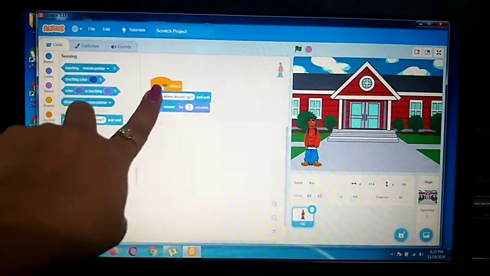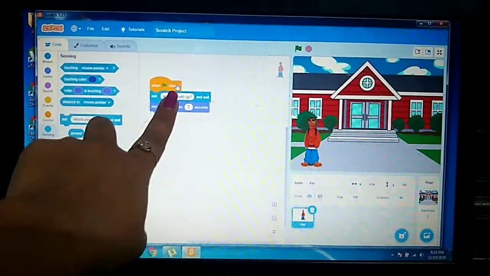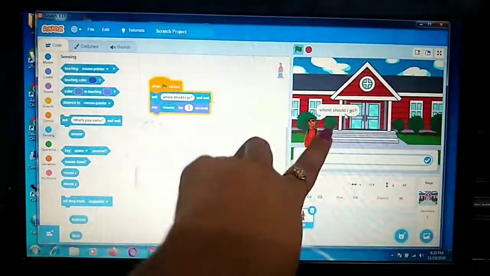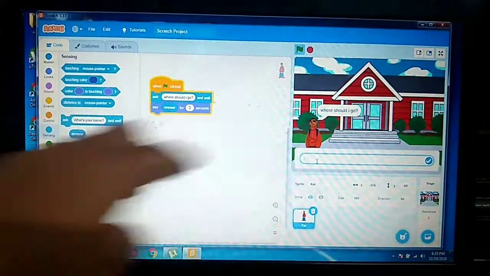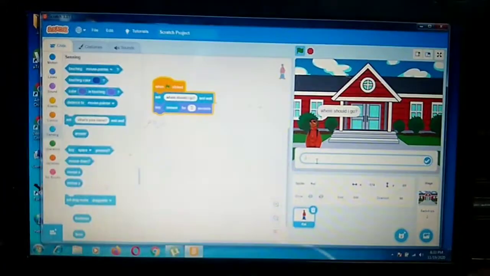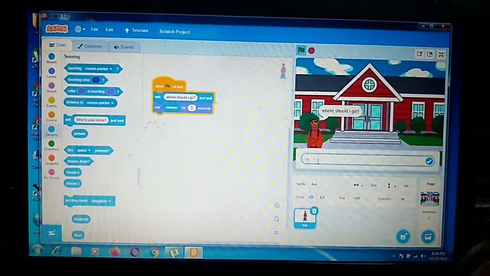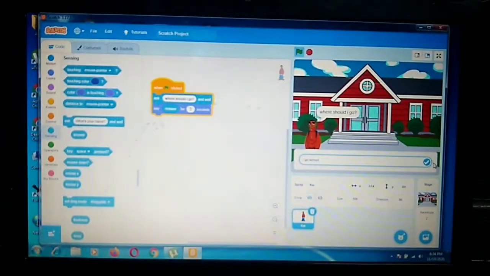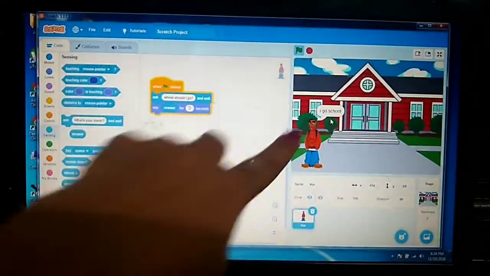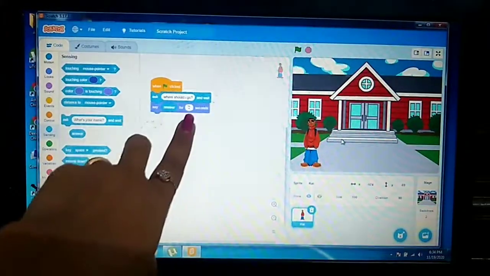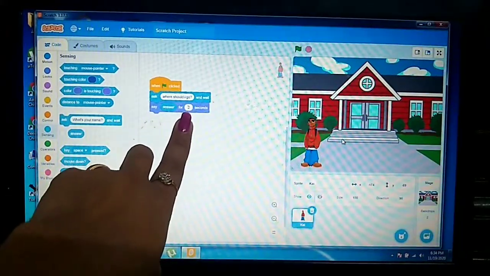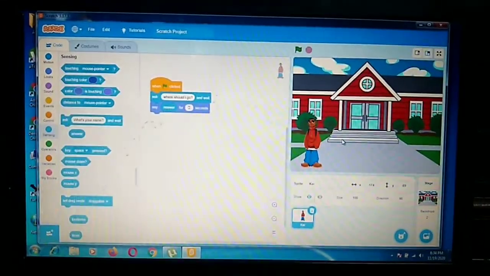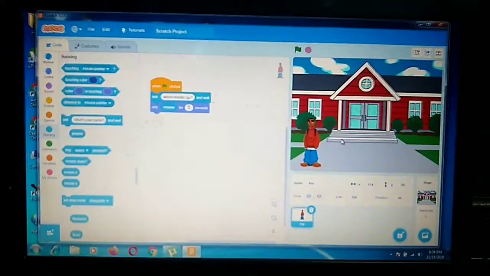See, I will click on this button here, where it says when clicked. I am clicking on this block. Now you can see it is asking the question, where should I go. Now you can write any answer here, like I am writing I go school. See, it is saying I go school, and it is saying it for 2 seconds because I have applied 2 seconds here. So like this, this is sensing input and its execution. This is given in your book.